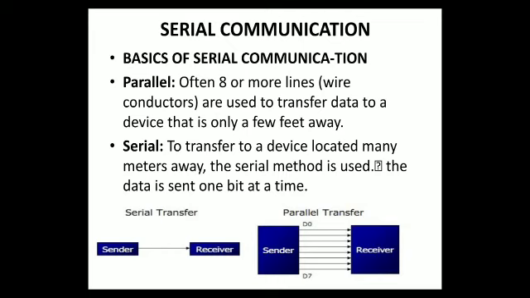Now let us go to the other type of communication called serial communication. Here the transfer of data between the devices happens in a bit by bit mode. The meaning is that the device will send the binary values, zeros and ones, not as a stream of bytes but in the form of bit by bit transfer. And when you compare, the wires required are only two, one for sending and one for receiving, and at a time you can send a single bit of data.